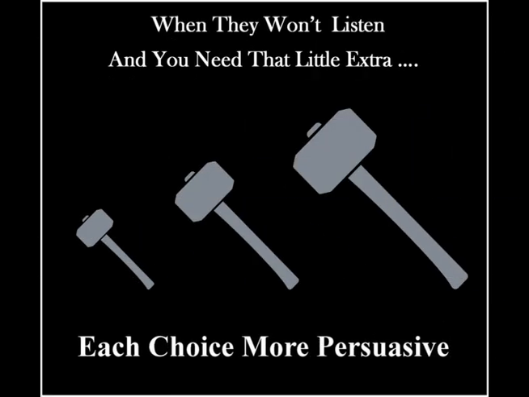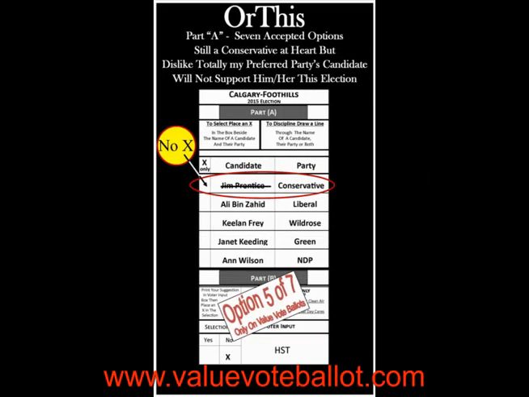Now, as promised, those 3 powerful disciplined vote options. Option number 5, the voter does not place an X in the appropriate Conservative selection box, thus removing support for that person to be elected. But because the voter is still loyal to the grassroots philosophy of the Conservatives, he or she draws a line through the candidate's name. Strong statement about the lack of faith in the person chosen to represent the Conservative philosophy in that riding, and a strong statement that they are still Conservative at heart, but too disappointed to vote for them.